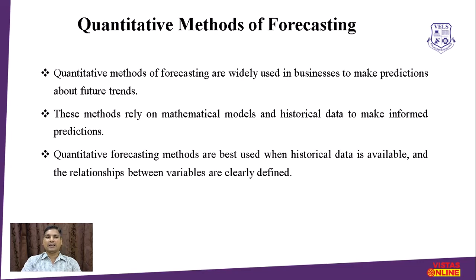Here the mathematical model will always assist you in coming up with a proper assumption for the predictions. Historical data, if it is available, is going to be very helpful for preparing new decisions. Moreover, we need to understand whether there is any kind of relationship between historical data and your predictions. Correct variables and correct assumptions are very important to define clearly. That is what explains the quantitative methods of forecasting.